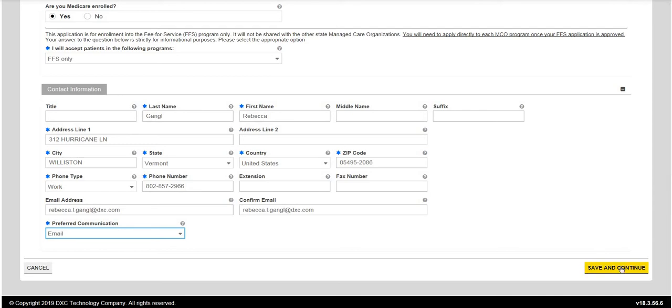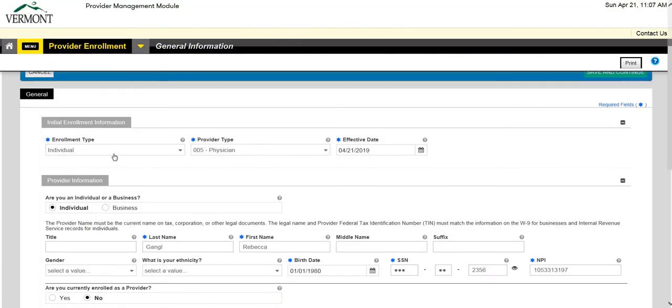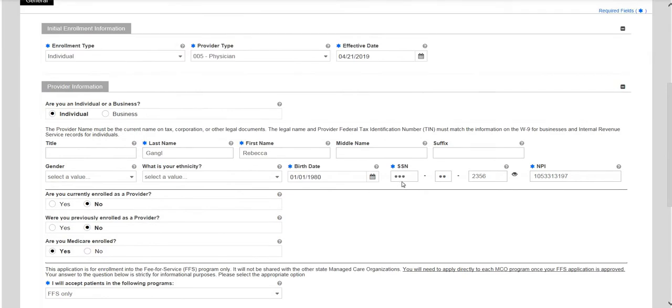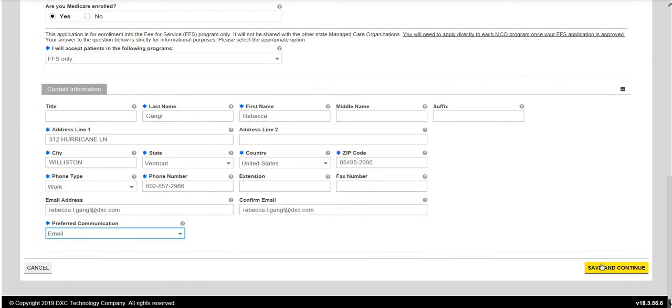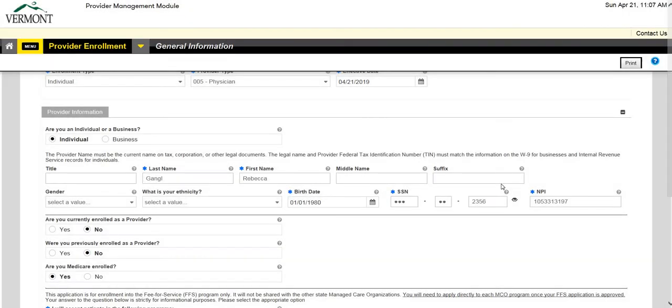However, before you do so, please just make sure that the enrollment type and the provider type at the very beginning is exactly as you want it, because once I hit Save and Continue, I can't change these pieces of information. So I have verified and I am sure, so I'm going to hit Save and Continue. So once I hit Save and Continue, it's going to process this first page